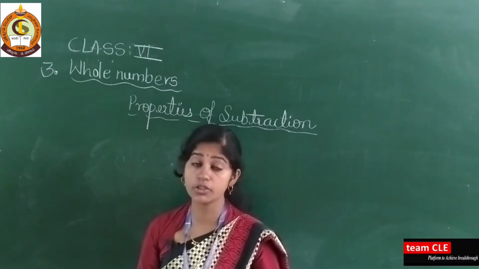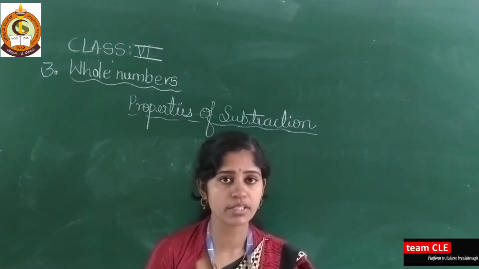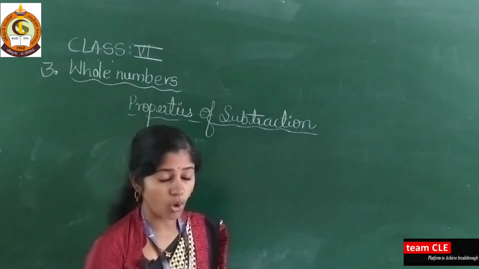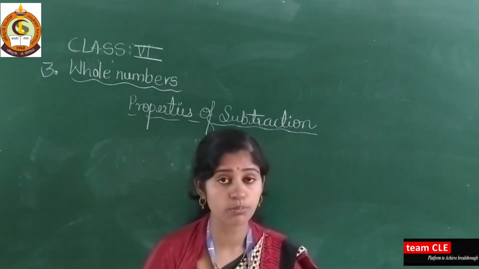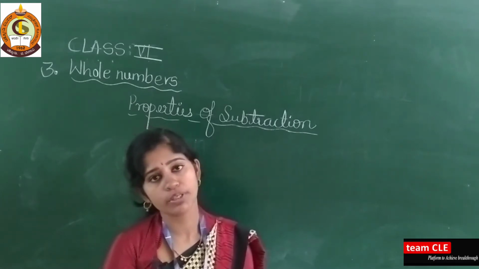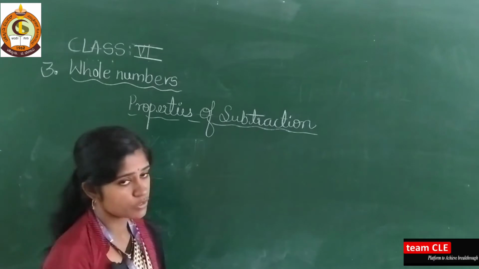Whole number means including 0. 0, 1, 2, 3, 4, 5, 6, 7, 8, 9, 10. They all are whole numbers. Okay, that all we have discussed in the previous class, and also we discussed the properties of addition. So I will revise the properties of addition in 2 minutes, then only you can understand the properties of